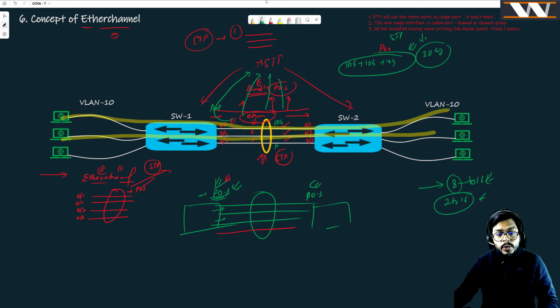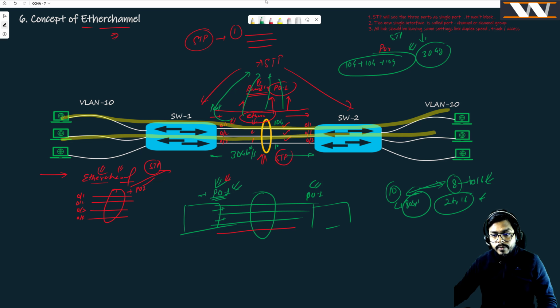And now you can understand, I can forward 30 gigabits of data per second, because the complete capacity of this link is 30 Gbps. Just try to think, if we combine 8 links of 10 gigs, it means that 80 Gbps